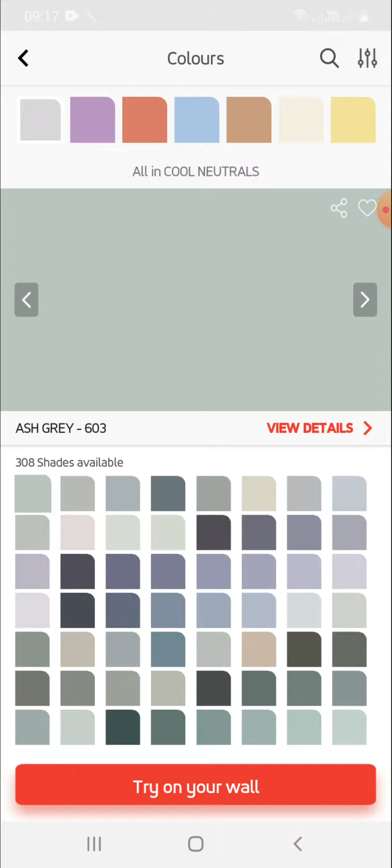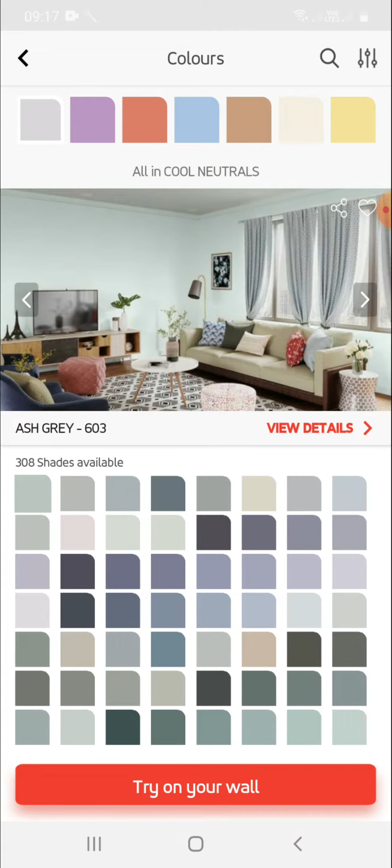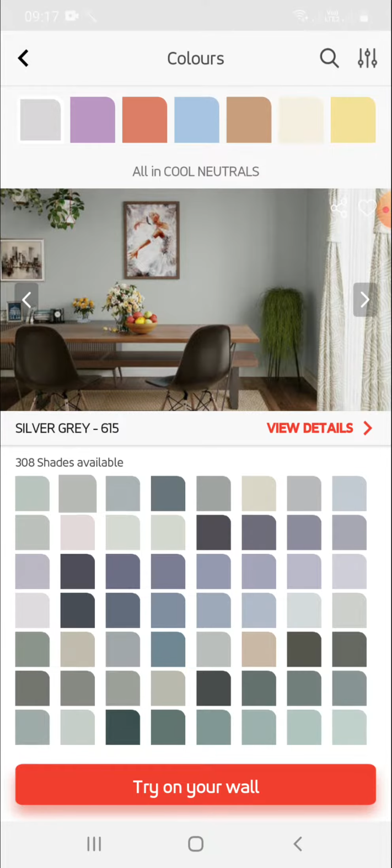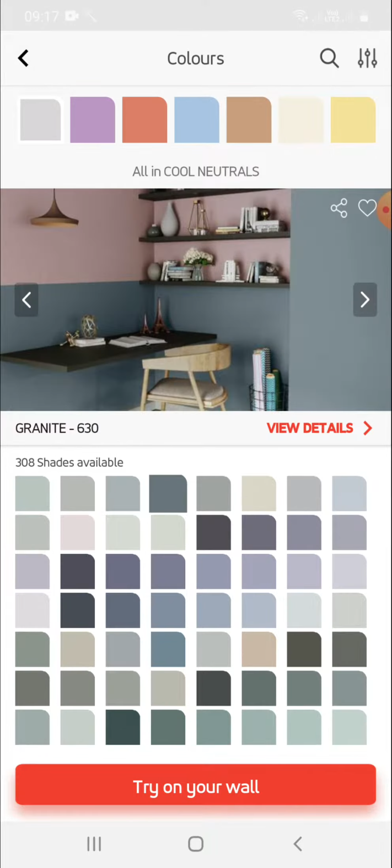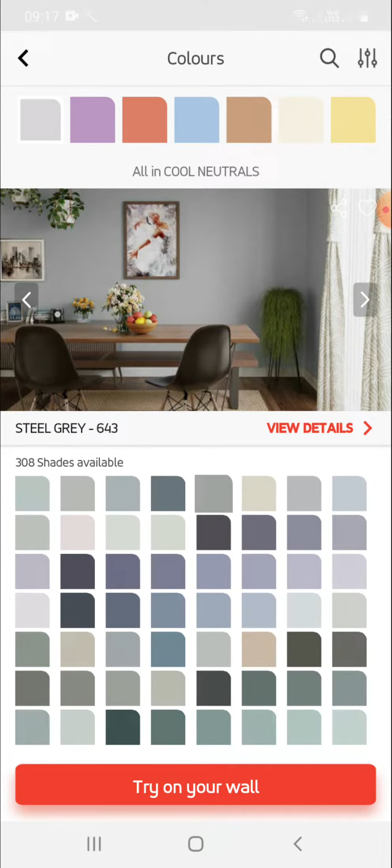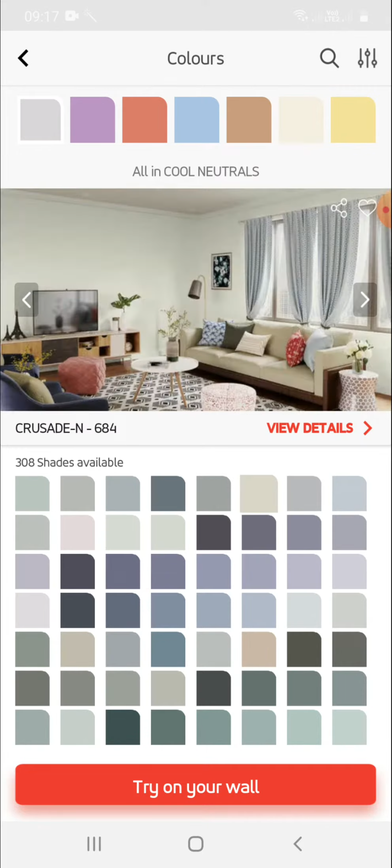Look at the different shades, different colors. Steel Gray, Crusade 684. Look at the color code, it is available. So you have plenty of colors you can choose.